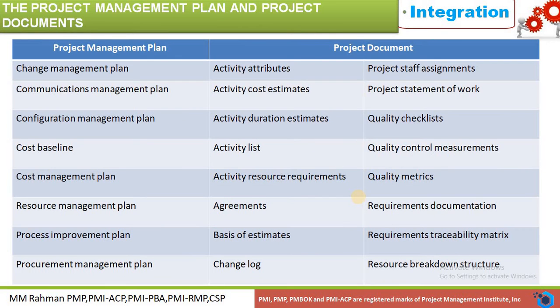Then the documents. What are the documents we are going to use during the project life cycle? The activity attributes. What are the attributes of the activity that will be stored in that document? Activity cost estimates, activity duration estimates, activity list, activity resource requirements, agreements, basis of estimates, change log, project staff assignments, project statement of work, quality checklist, quality control measurements, quality metrics, requirements documentation, requirements traceability matrix, resource breakdown structure,